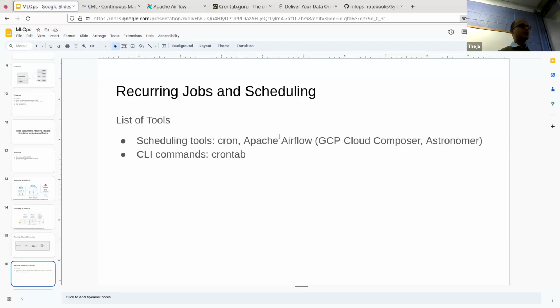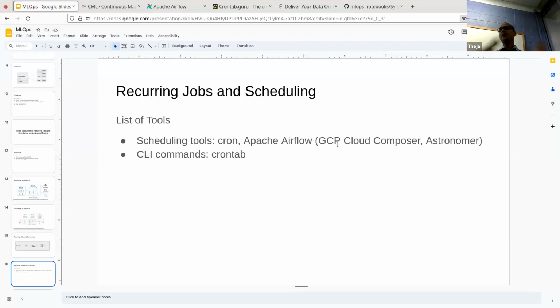And then there's a tool called Airflow, which is a Python-based tool. It's just an example of a scheduling tool, really focused on data pipelines. And so really data science related tasks are generally scheduled on something like that. And then Airflow is an open source tool, and it has managed services, just like many of the other tools that we've seen. So managed services on Google Cloud, for example, it's called Cloud Composer.